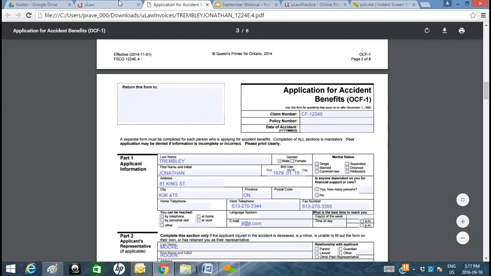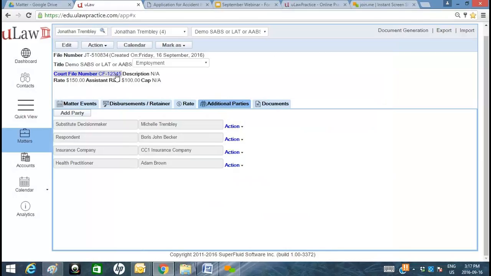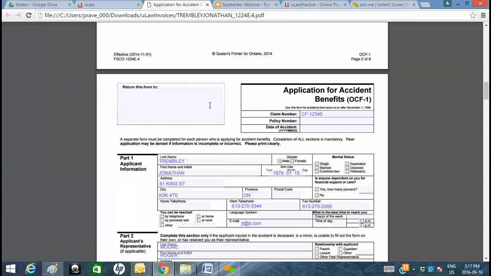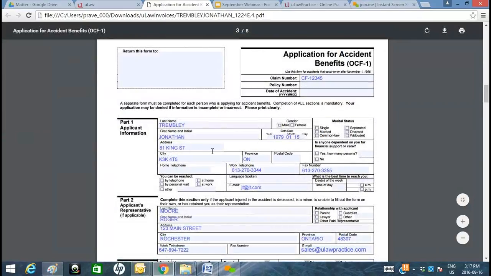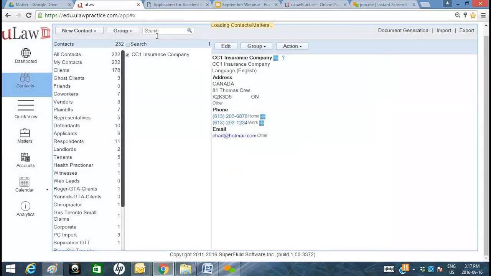So you have Jonathan Tremblay, who's obviously the client, and hence automatically becomes the applicant. His information, including his date of birth, and if you actually had his marital status, that would be checked off as well. The address, as you could see within the address of Jonathan Tremblay,